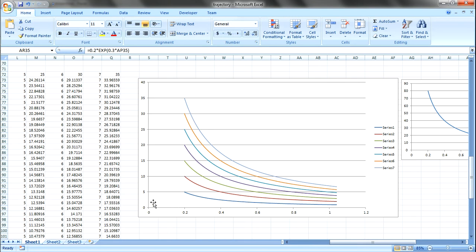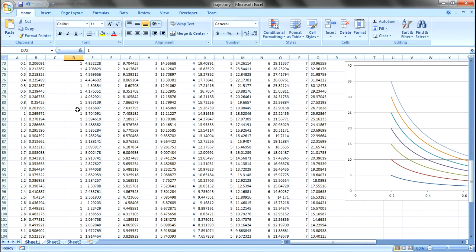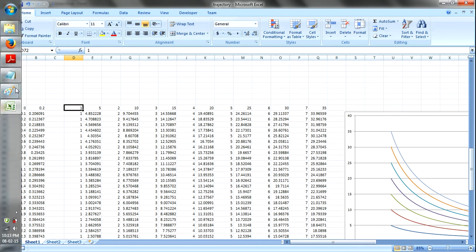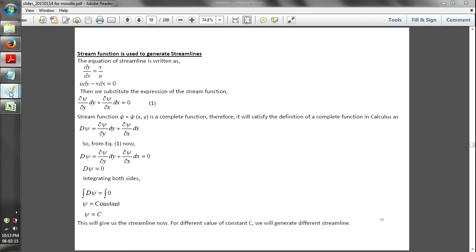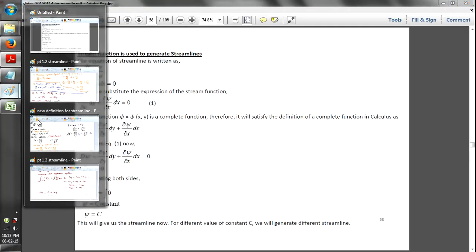So maybe there is no time in this graph itself. So when x is 0.2, y is at this position, so we have here. So when x increases, the y actually drops, and eventually you have this curve over here. So the relationship is that imagine we have this is the xy. So if our streamline value is 1, because c equals xy, right, so if it's 1, then I set x,